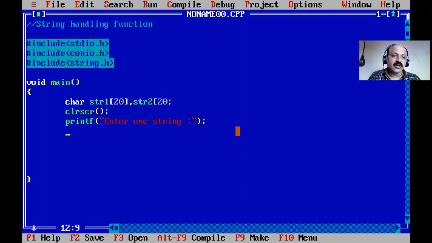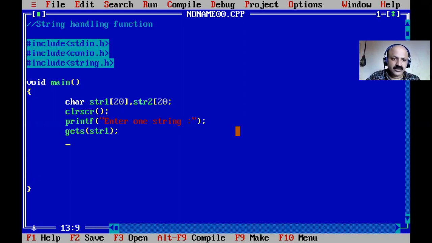If you have not watched my video on scanf versus gets function, you can watch it, because scanf does not take blank space, only one word. So we can directly use the gets function. All blank space is possible, two words or one line. For maximum we can define 20 characters. Here I pass just str1.